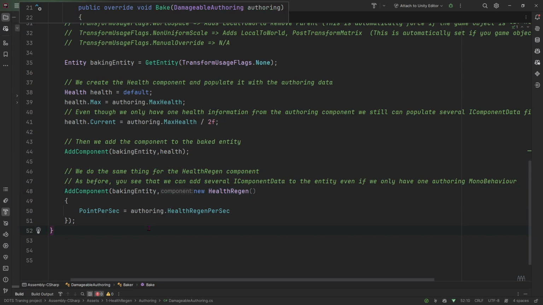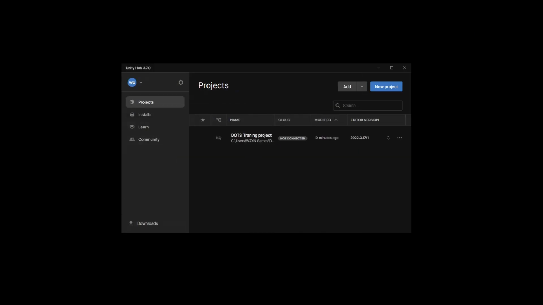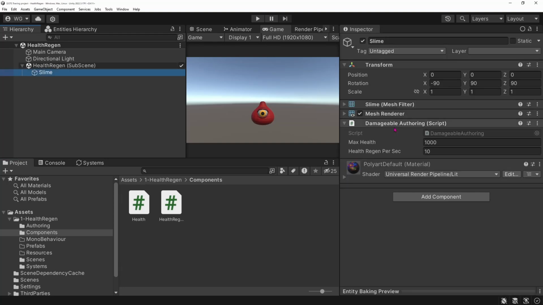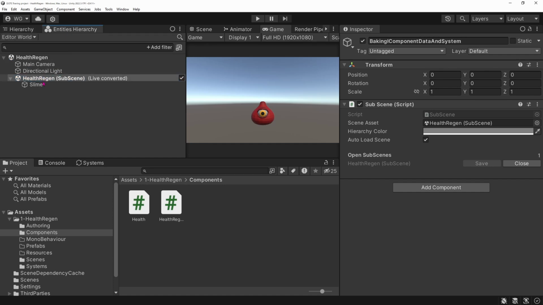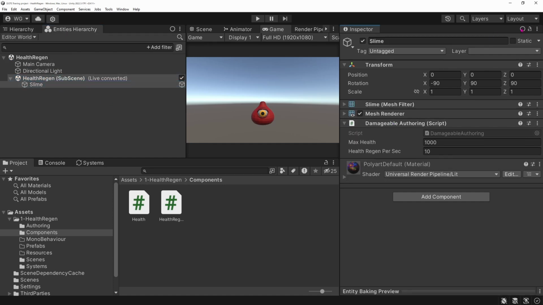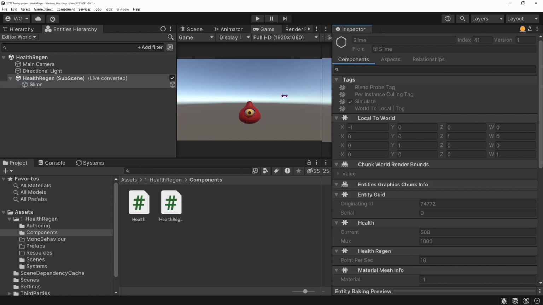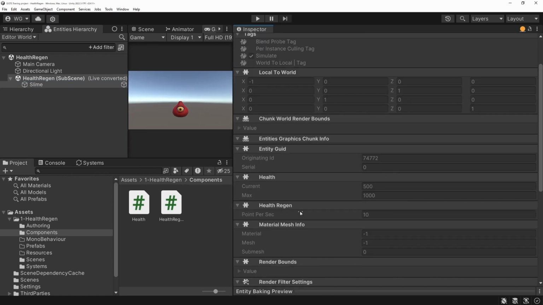Okay. So if you just do that, and put the damageable authoring on a game object in the subscene, you will essentially have created an entity with the components Else and Else Regen, plus any other component that is automatically added by other rendering or transform components.